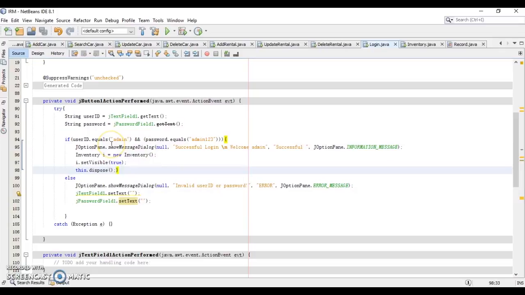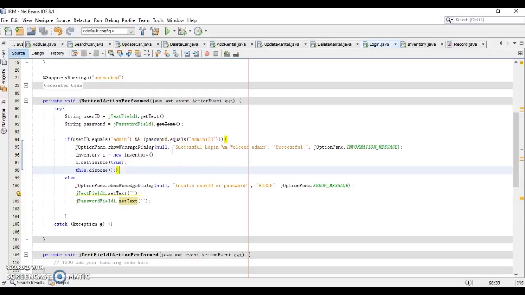I set the user ID equal to admin and the password equal to admin123. If the user enters admin as the user ID and admin123 as the password, they will successfully log in to the application and will be shown the message dialog